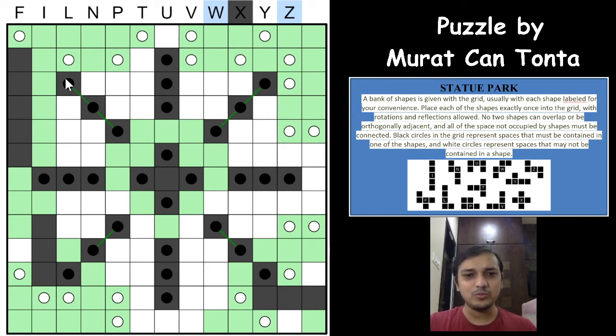We know that a V pentomino cannot be these two cells, right? It cannot be these two pentominos as well. It cannot be these also, because you don't have enough space for the V to be done, right? These two places or these two places, right? No V's. Same way, these two cells or these two cells, it cannot form a V. A V has to be formed here, but either this way for this pentomino or this way, and both the ways it is touching this, and neither this way, neither this way, because it will touch the pentomino, and not this way, neither of this way, because it will again touch these pentominos.